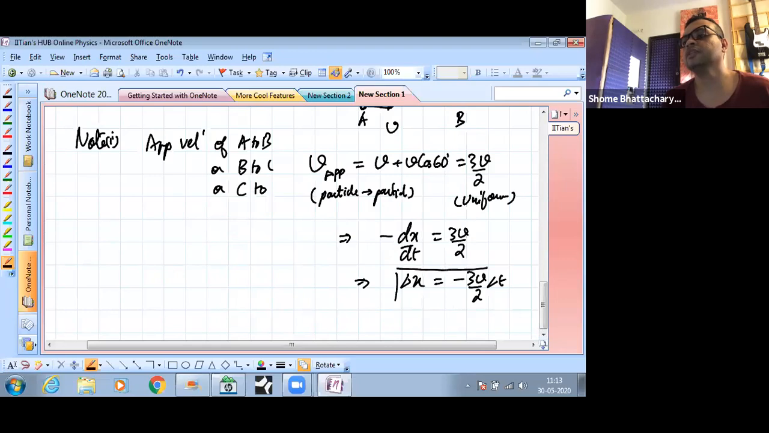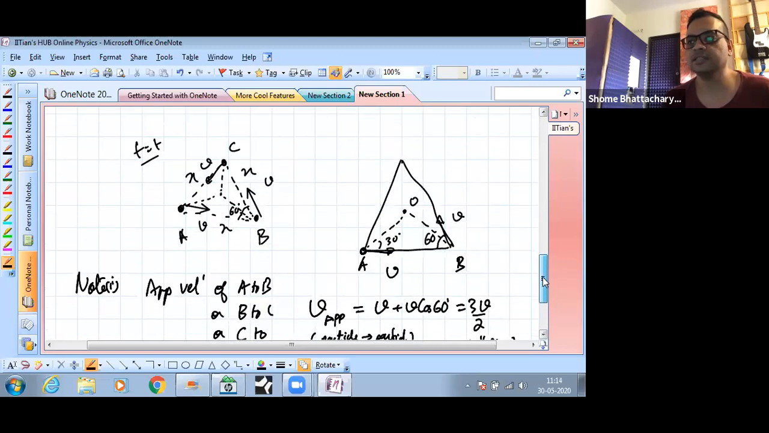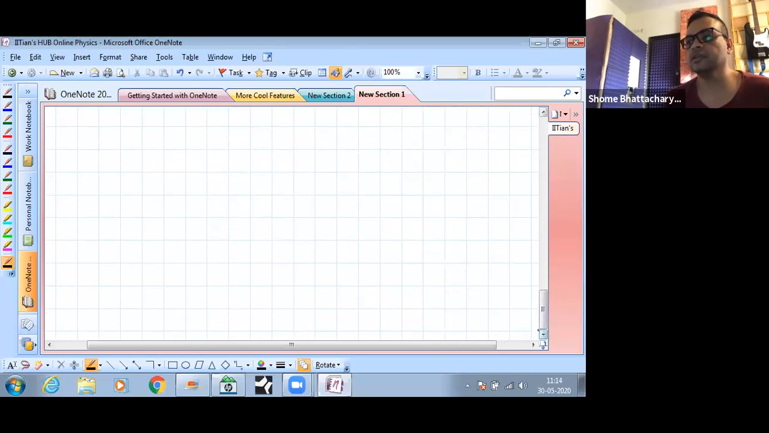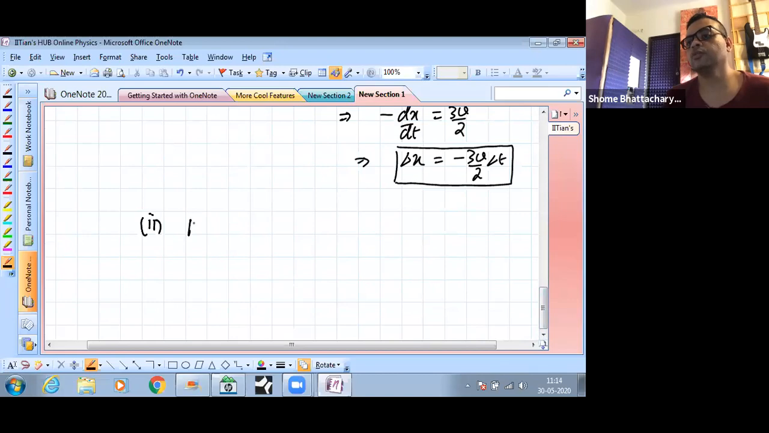So from this you can see that by the time they come to the origin, your delta x should be minus L. So that's how you calculate the time of collision. That is, I'm sure, a problem you've done before. The other thing that you observe is that the approach velocity